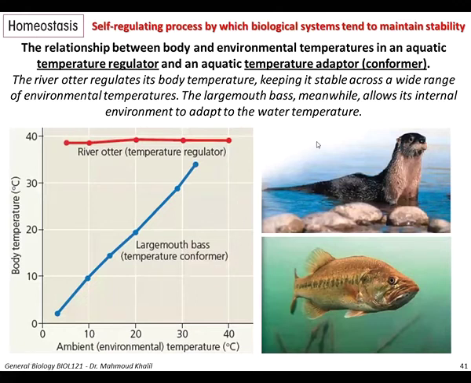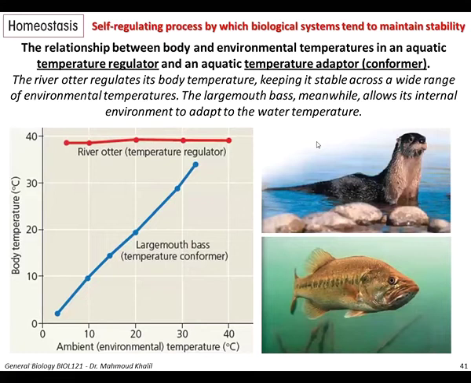Homeostasis can be defined as how our body regulates its internal environment to keep a constant state of balance between its different physiological functions. The perfect example here is regulating the body temperature. You can see two types of organism here: a river otter, which is a temperature regulator, and a largemouth bass, a kind of fish, which is a conformer or adapter. As the ambient or environment temperature increases, the fish increases its body temperature